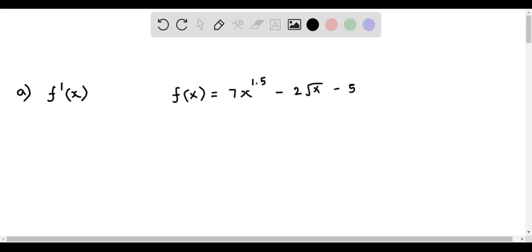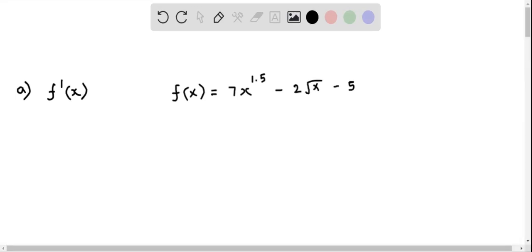In part A, we determine f prime of x, that is the derivative of f of x. So here we have f of x equals 7x power 1.5 minus 2 root x minus 5. Before we find its derivative, I'm going to rewrite this as f of x, and this equals 7 times of,